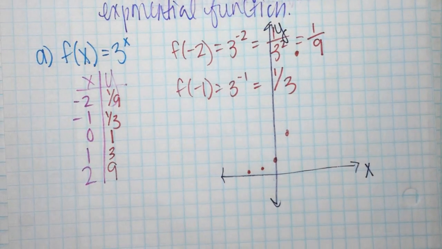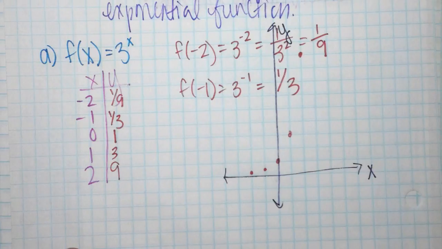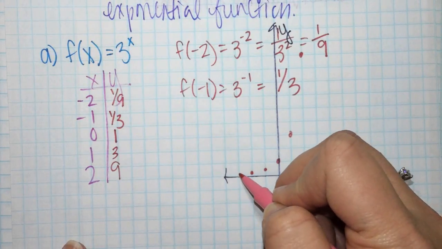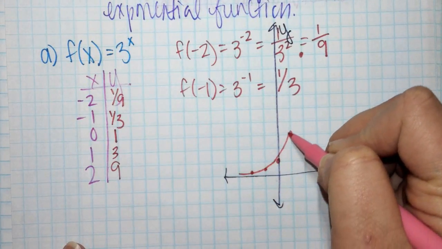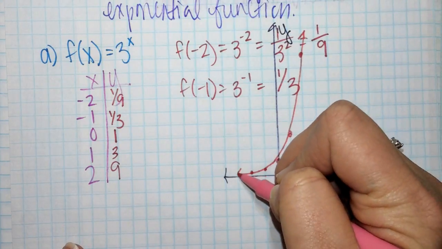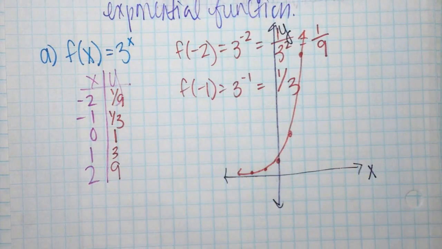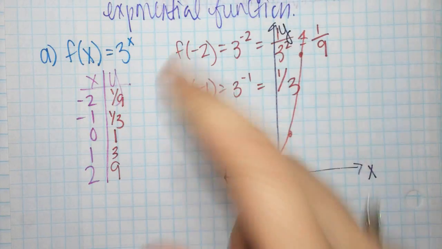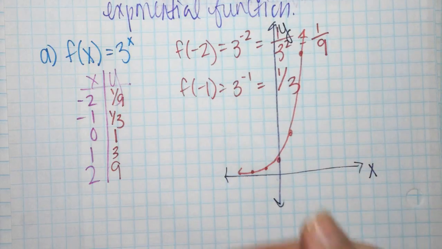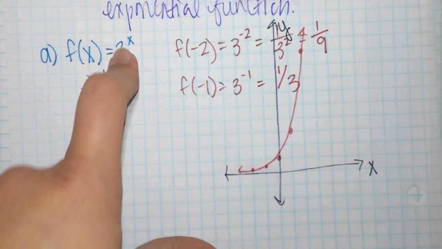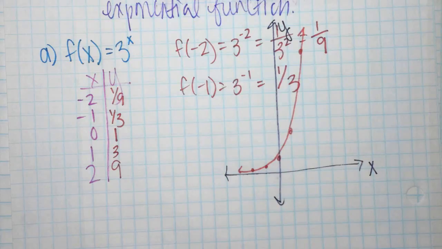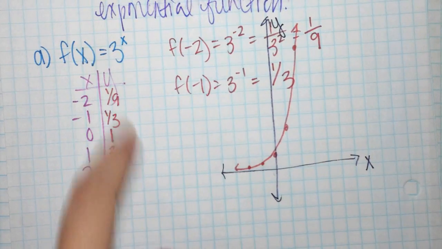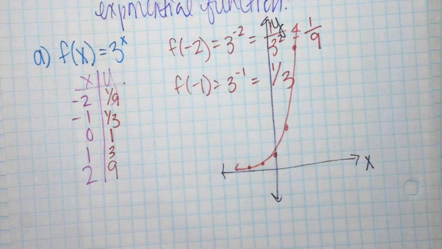Now, is this going to make a straight line? Is it ever going to touch the x-axis? So don't touch the x-axis. Don't make a straight line. Curve it. It never touches the x-axis, not unless it's like 3 to the x minus 1, and then that moves it down and it'll touch the x-axis. But a normal function does not, because no matter how far negative you get, it's still going to be a fraction. It's never going to get to 0.